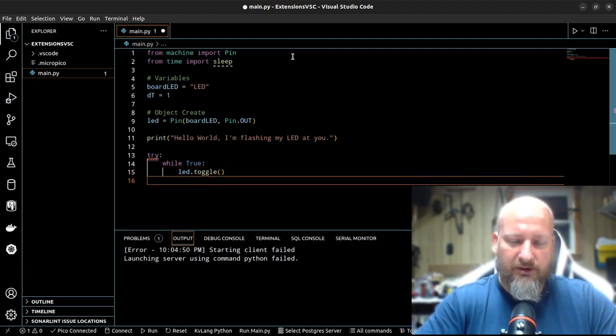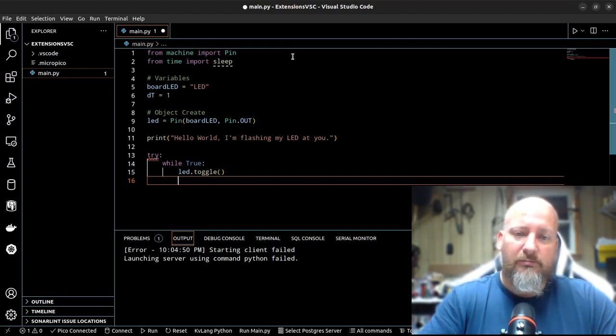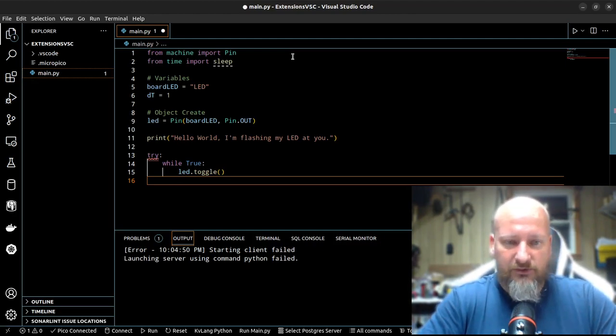And then right below that, what toggle does is it turns the light on, but we want to be able to turn it on and off. So we're going to put a delay in it because this is a loop, because it's going to continue to be always true. So while true, toggle, delay, toggle, delay. So now we're going to put in sleep,